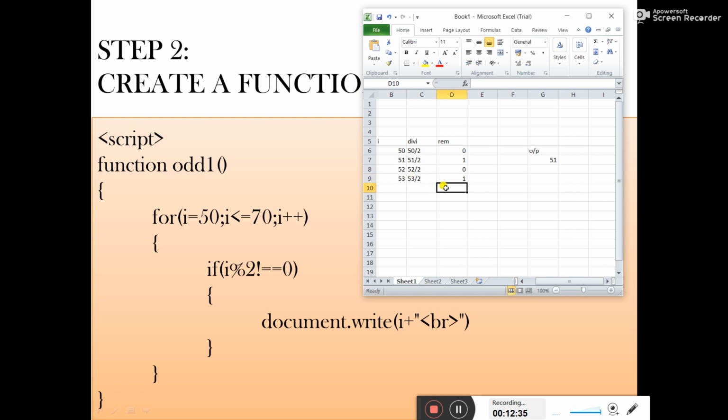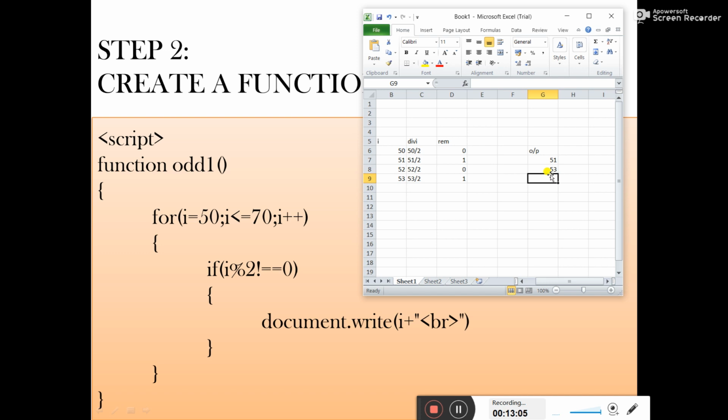So 1 is not equal to 0. The condition is right, so it will come inside the if condition and display document.write I. The value of I is 53 now. So it will display 53 and give a line break and come into the next line. So the second value we have got here is 53.